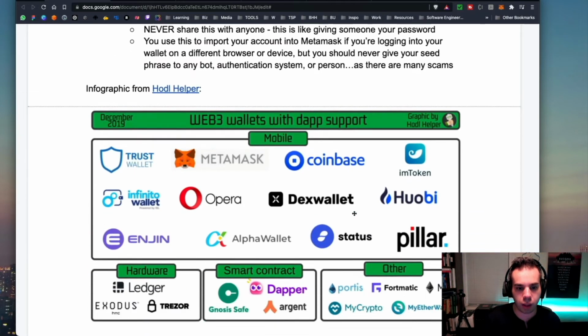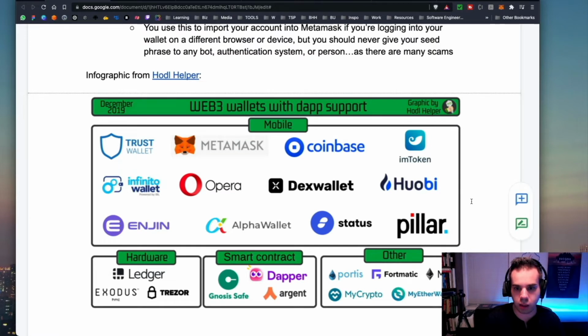And just to give you a little bit of context as to what these wallets could look like, MetaMask is the one that I just showed you above, but there's also Coinbase, Opera, Huobi, a ton of different ones. There's Engine, Trust Wallet. These are software mobile wallets, but if you wanted a hardware wallet, there's Ledger, Trezor, Exodus, a ton of different ones. And then there's Portis, Fortmatic, Mist. There specifically is one called Torus, and that is for email login, so you'll be able to use an email address with your crypto account as well.